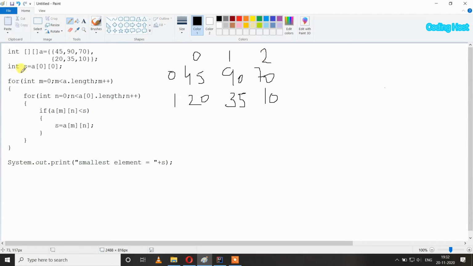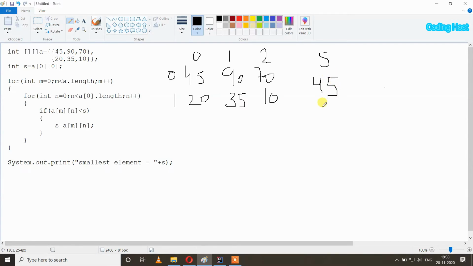After that, int s equal to a[0][0]. So in this, as the smallest element variable, I have stored the element of this array at index 0 and 0, which is 45. So in this s variable we have element 45.